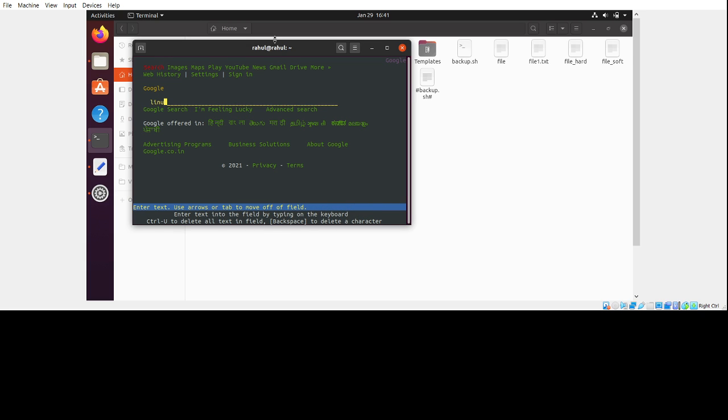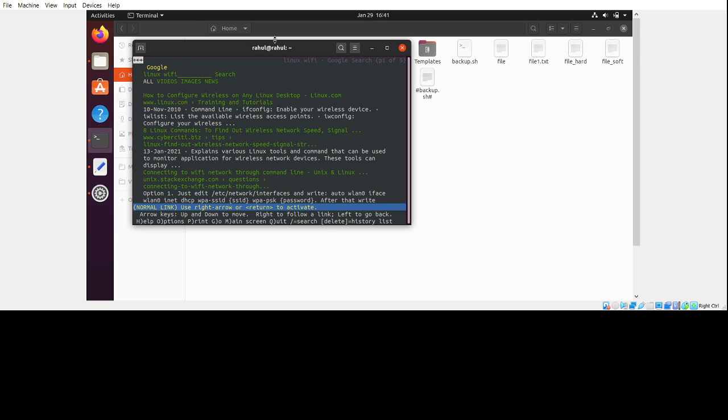Linux keyboard and search, and you get the Linux commands.